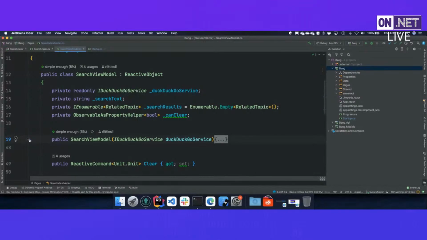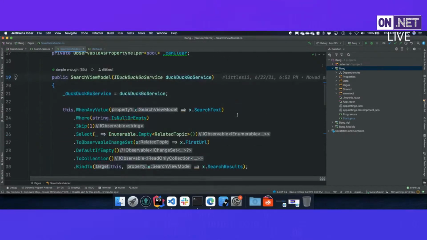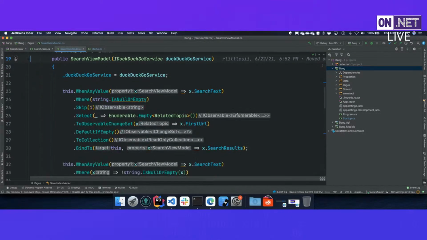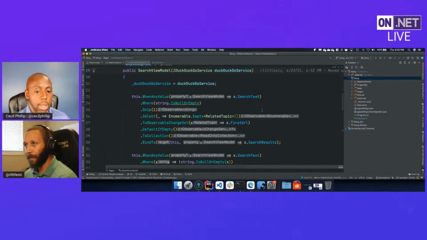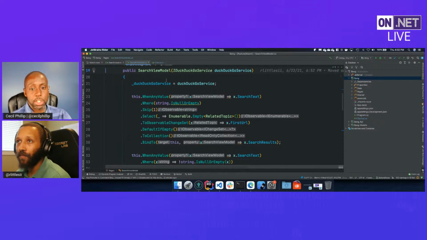So when I need to reason about the behavior of this view model, all I have to do is go to the most important function in the view model, i.e. the constructor, and look at how this thing is programmed to behave and under what circumstances it will do its job. Got it. And I kind of want to go back to one of the questions that someone asked earlier,